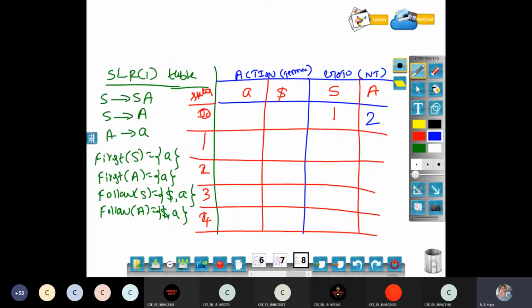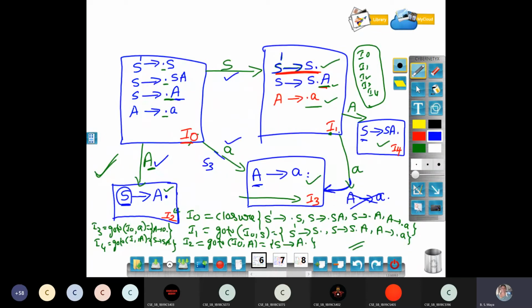The S indicates the shifting operation, so it is S3. Now all outgoing edges of I0 are over. Then you check all the items for reductions. A reduction is a dot at the end of the production. If the dot is not at the end of the production, then in the I0 state there is no reduction.